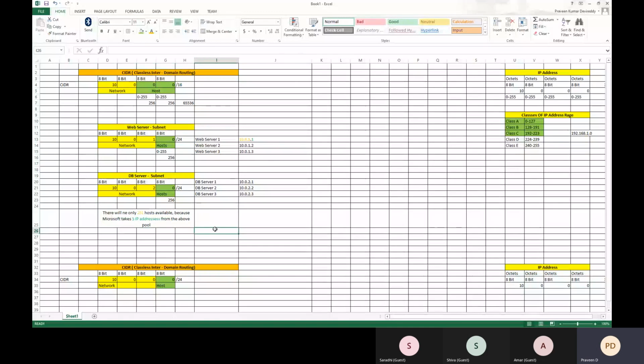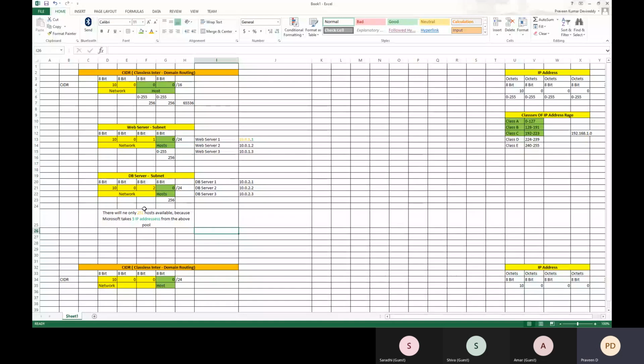So clear, right? This we cannot change. By default, Microsoft will reserve 5 IP addresses for each subnet. So that is how the VNet is configured in Azure. Clear? Okay.